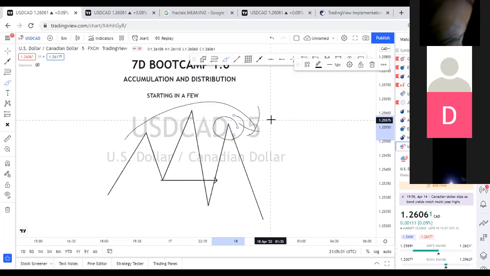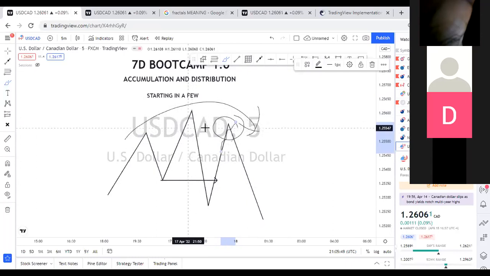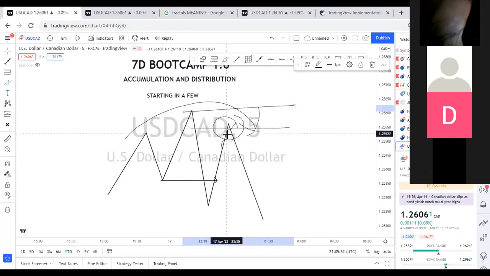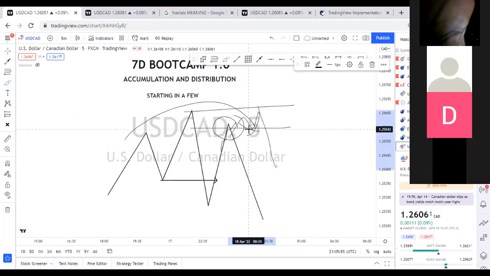Okay. Now when price is coming back to give us that mitigation, if truly price is fractal, then when price is coming back all the way here, we should see this same break of structure that we saw here. We should see it again when price is here. We should see higher high, higher low, higher high, break of structure again.